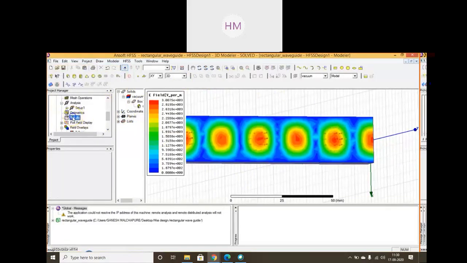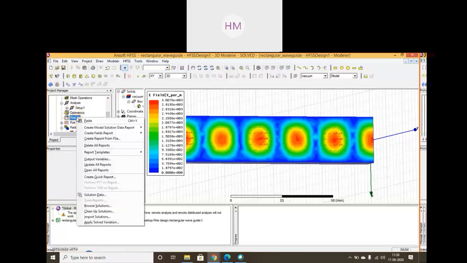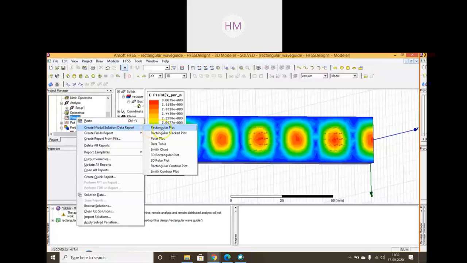Now we'll go to results because you want to plot the graphs. This we saw that how E field, H field, magnitude and everything is plotted. Now create model solution data report, rectangular plot. Rectangular plot.